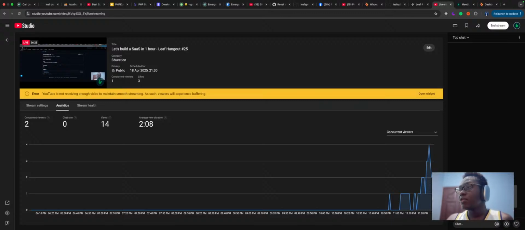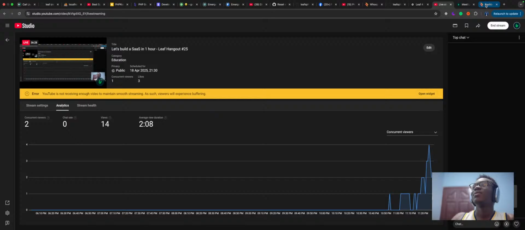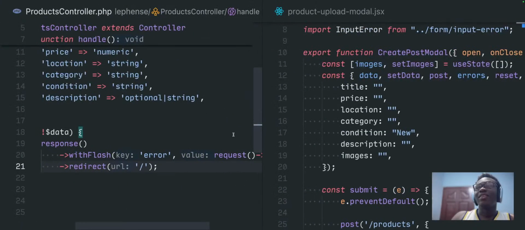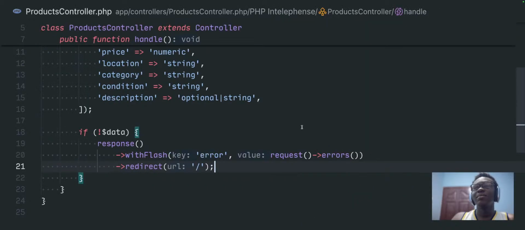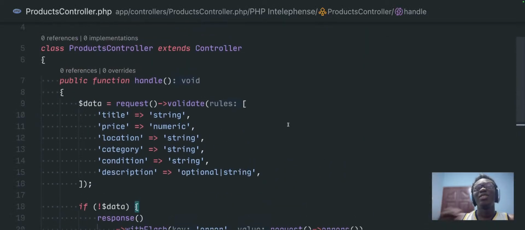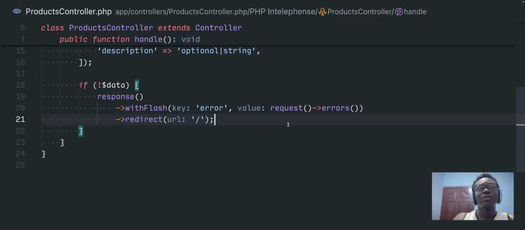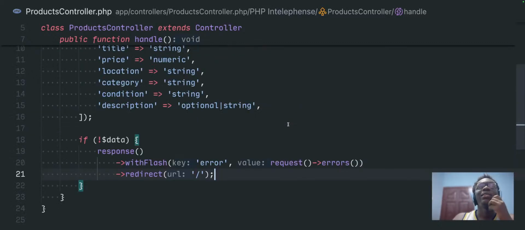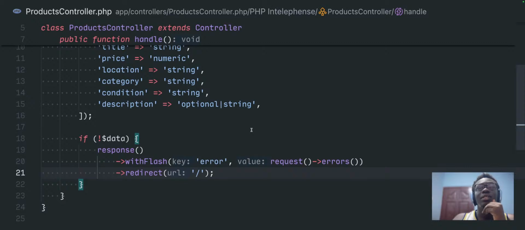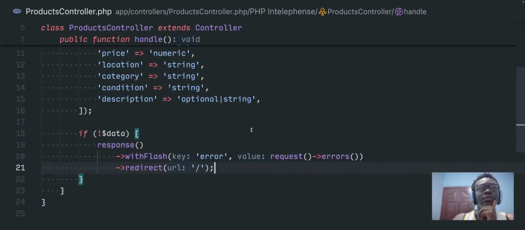How did I configure Ziggy for routes? We unfortunately do not use Ziggy for routes. It's something I'm looking into, so we would kind of figure that out. So that's still kind of pending. Right now we are not exactly using route names, but then we'll figure that out. Anyway,